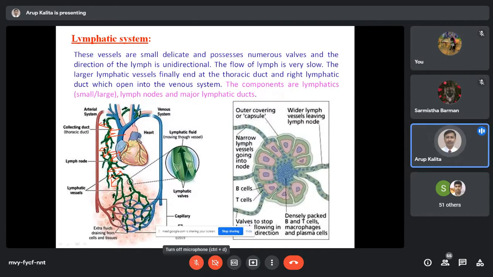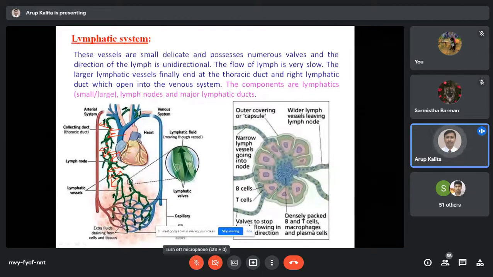Here, the green color vessels are the lymphatic vessels. The lymphatic vessels direct towards the heart because they have to attach to the anterior vena cava. During the movement of the lymph via the lymphatic vessels, it will cross the lymph glands